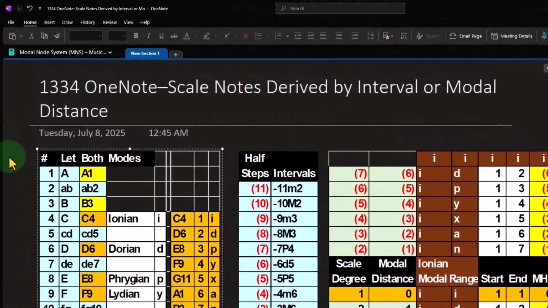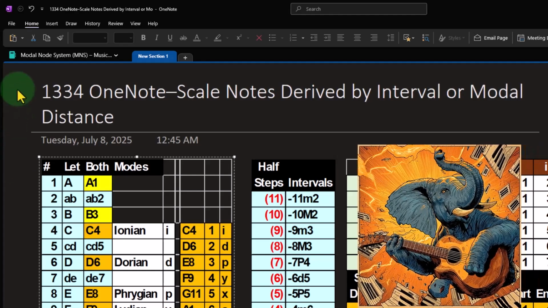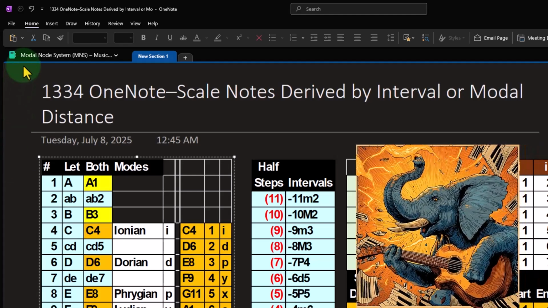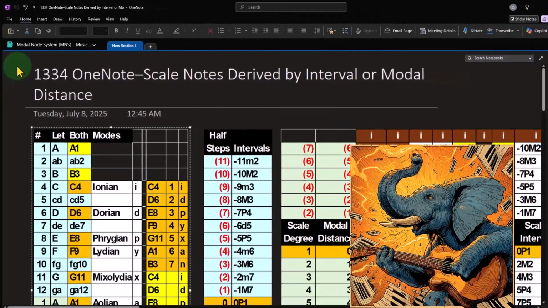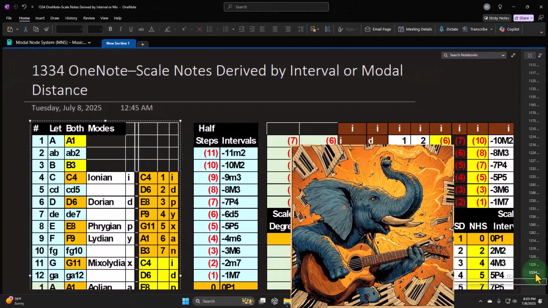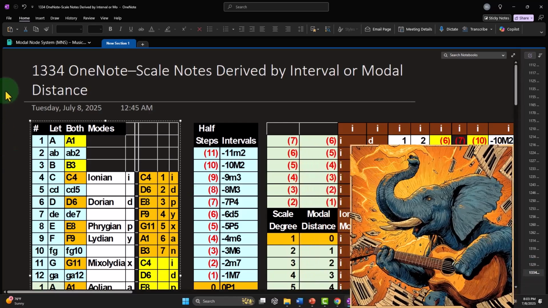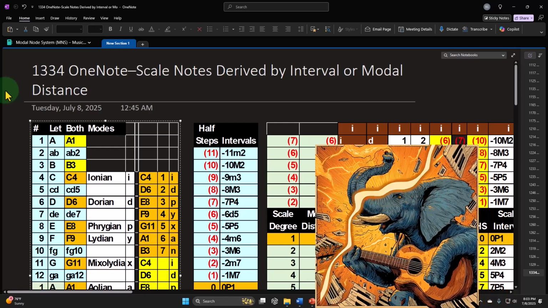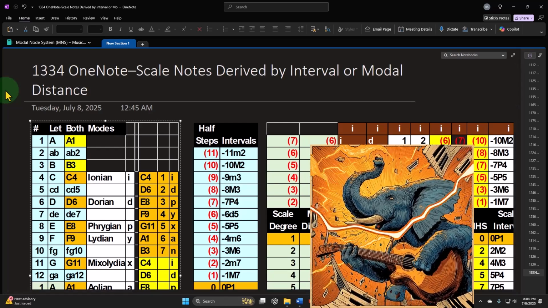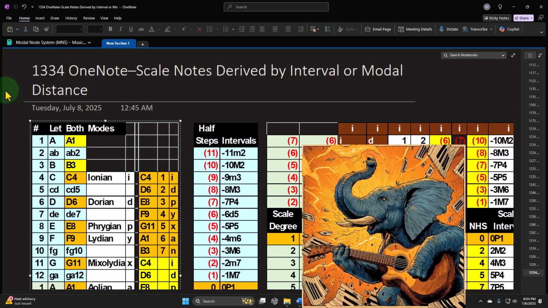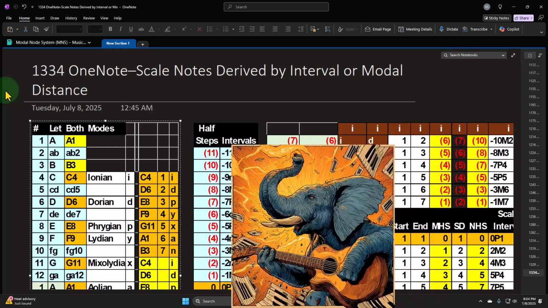Not required to, but if you have access to it and would like to follow along, we're currently in the OneNote file of Modal Node System, MNS Presentation 1334, OneNote Scale Notes Derived by Interval or Modal Distance. List of presentations that we plan on adding plenty more to shortly. Also noting in this OneNote presentation, we spend all of our time on music theory, but we have another similarly numbered and named presentation where we actually build these tables in Excel, practicing Excel music and table visualization skills all